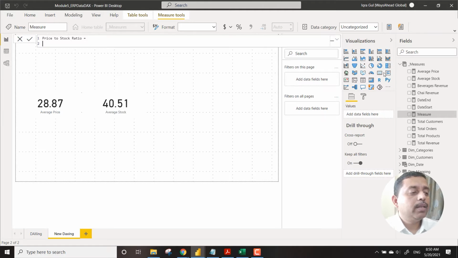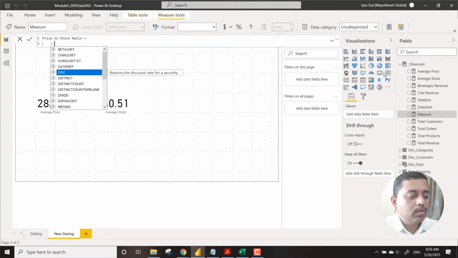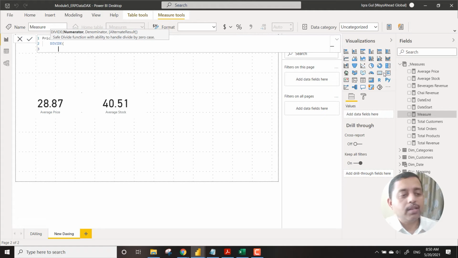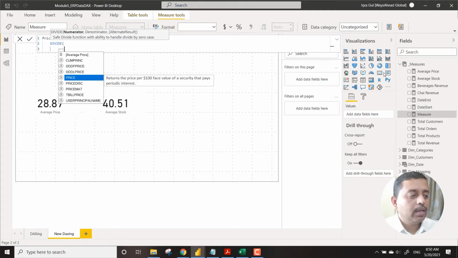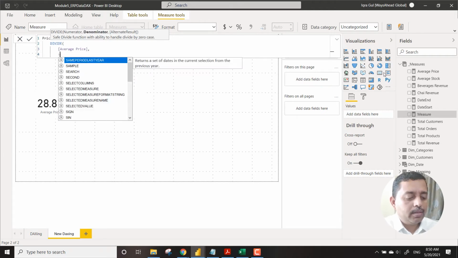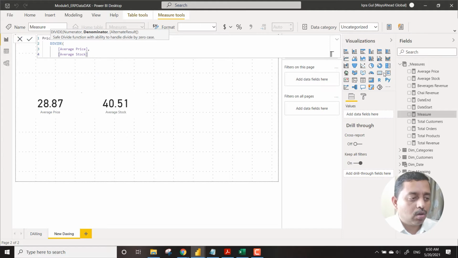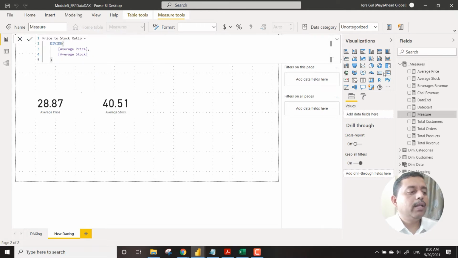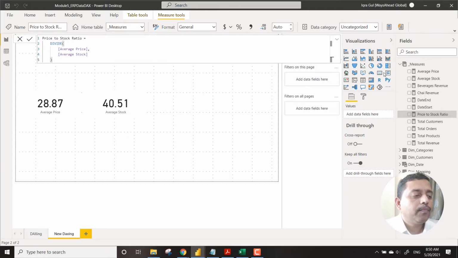This time no calculate is required because both the measures are already there. Price and stock we need to divide. So we simply use the function called divide and it asks for numerator and denominator. My numerator is the average price, and the denominator is the average stock. We divide this, we press enter.